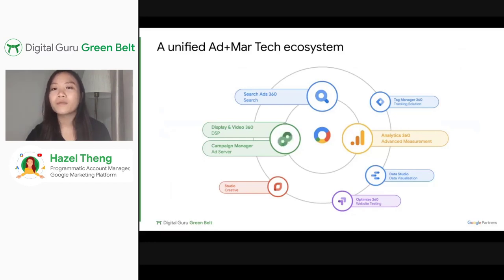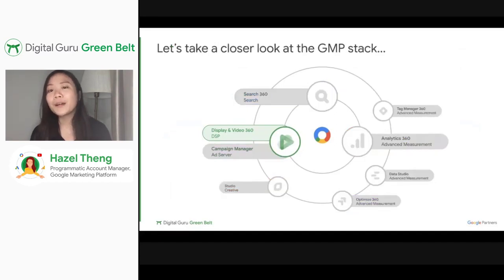The benefits of working across a single stack is that by having that one single view across all your media buys, you're able to have a better understanding of the advertisers' audiences and work more effectively across teams to deliver faster and smarter advertising campaigns. So you've heard about the demand-side platform in the video just now, what we call the DSP. And I just want to bring your attention to the DSP specifically.